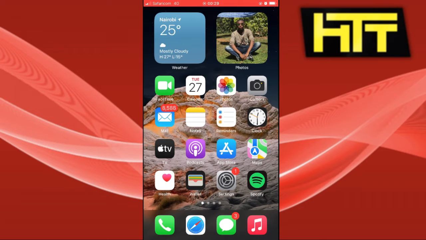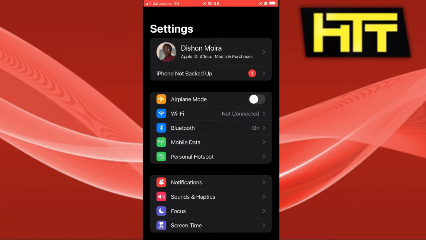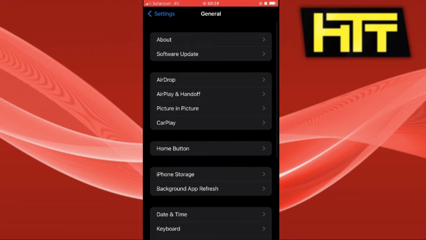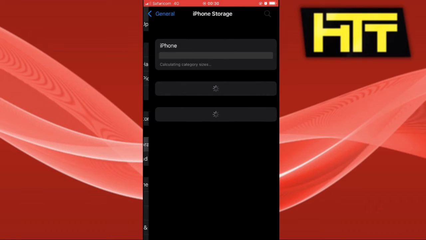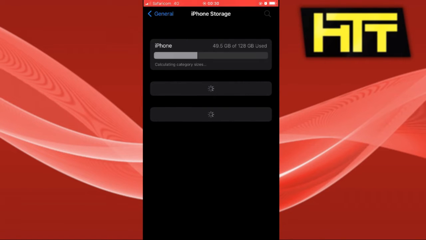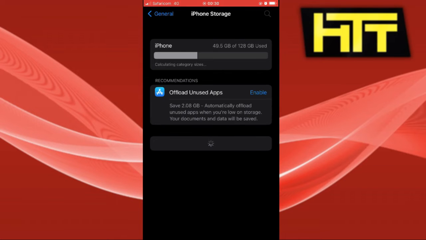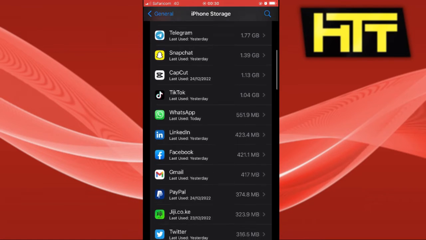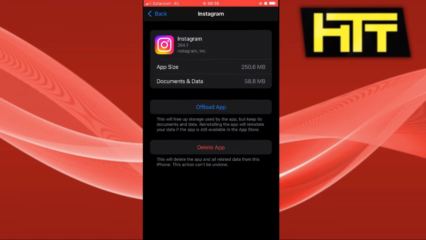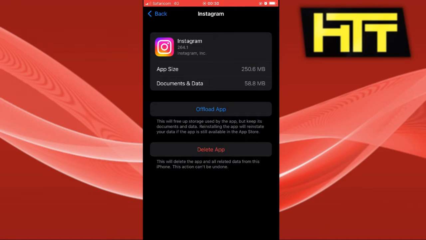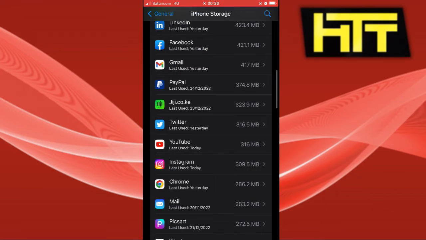So let's dive in. First thing you can do is you can go ahead and offload the Instagram. So you want to click on settings and you want to scroll down to general, then click on iPhone storage. Click on iPhone storage and you want to scroll down to Instagram. Go ahead and scroll down to Instagram, and what we are going to do is we are going to offload the app. So go ahead and offload the app,